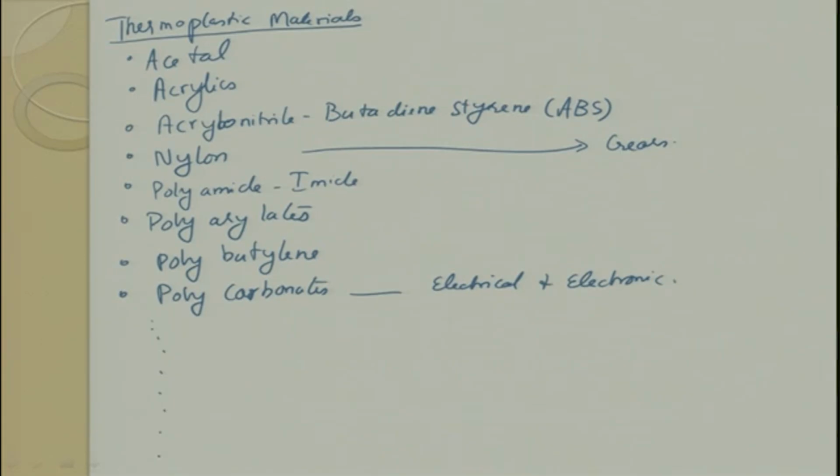Thermosets we have already discussed, so I do not want to get into more details. So, these are some of the few: acetal, then acrylic. Acrylic is used for making closures, and then ABS for luggage box or boxes for transportation and other things. So, these are some of the examples of thermoplastic